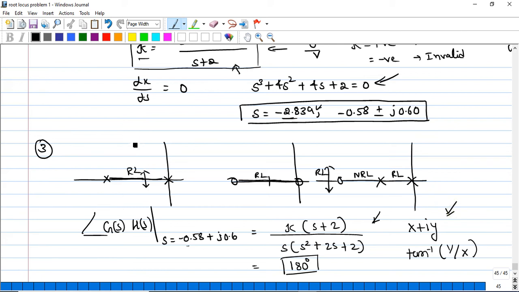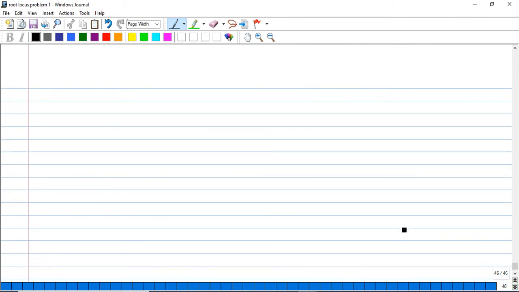See, by checking with these three only, it is more than enough. You can tell whether it is a valid breakaway point or not. These three cases are not in our problem. We don't have any adjacent poles or adjacent zeros. We have an extreme zero, but towards the left it is not a part of the root locus. So we can conclude that none of them is a valid breakaway point. So that is all about our step 5.